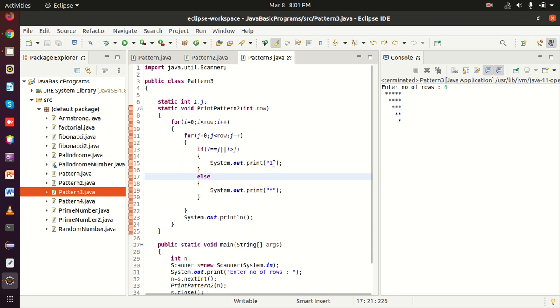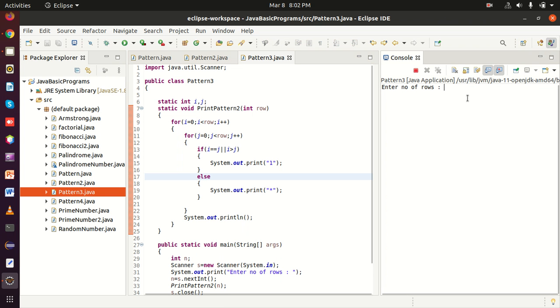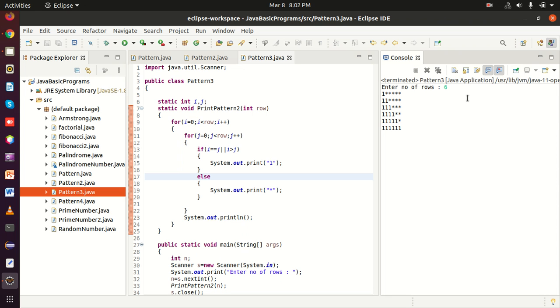I will execute it again and give the input as 6. Now we can see 1 1 1 1 1. Instead of 1 1 1, I had printed white space, and that white space was not visible to the user, and I have only printed this value. So our pattern is this only.